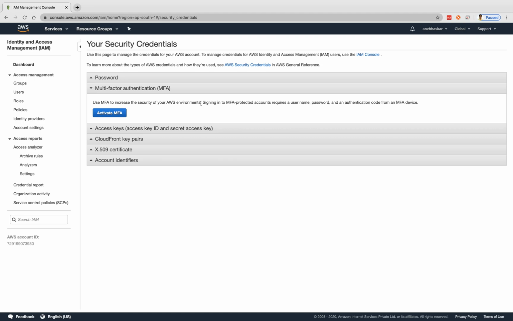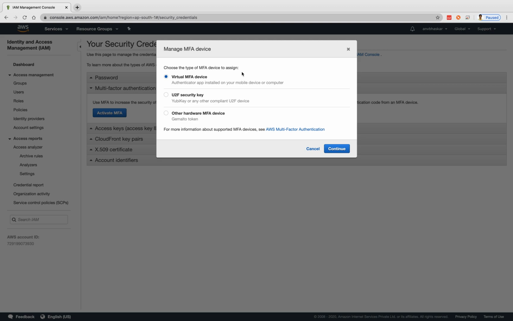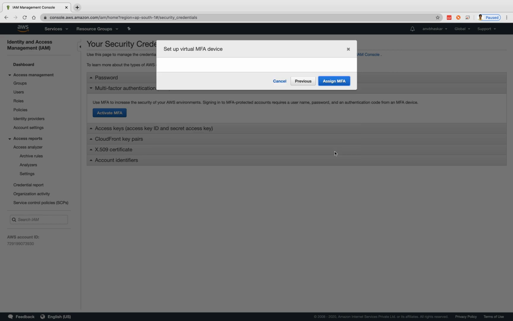To enable the security we are using MFA. Click on activate MFA. Here it will give you some options: virtual MFA device, U2F security key and other hardware MFA device. Right now we have the virtual MFA device. Click on continue.